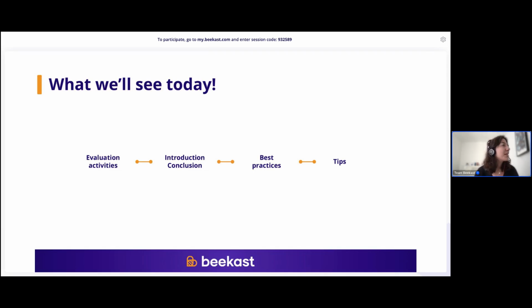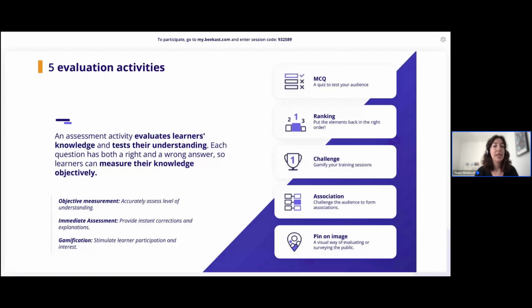All right, so getting started, let's just dive in and talk about these very famous evaluation activities. I don't know if everyone already knows about this. For those of you who are unfamiliar, Beekast does offer around 15 interactive activities to engage your participants throughout your presentation, whether it's a meeting, a training session, or an event. We have a library of activities that you can introduce throughout your sessions. Most of you may be already familiar with our word cloud, our surveys, our polls. We have a lot of activities that really allow you to engage your audience throughout any type of